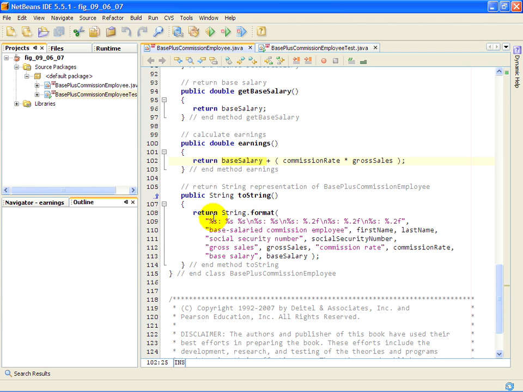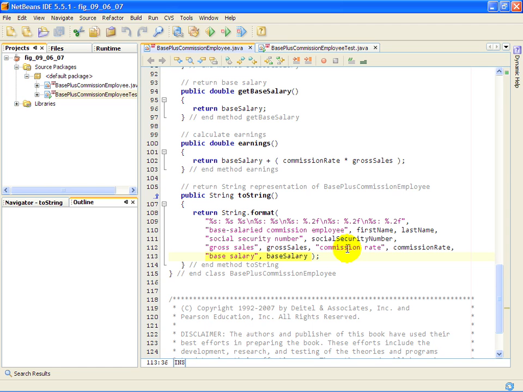Also, the toString is similar, except that we output that it's a base salaried CommissionEmployee instead of just a CommissionEmployee, and at the very end of the string representation, we include the base salary information as well. So again, if you scan back through this class definition, what you will see is that the vast majority of the code is identical to that of class CommissionEmployee,